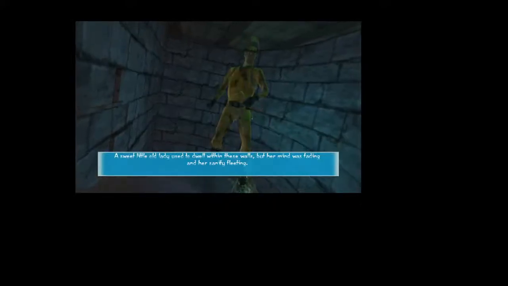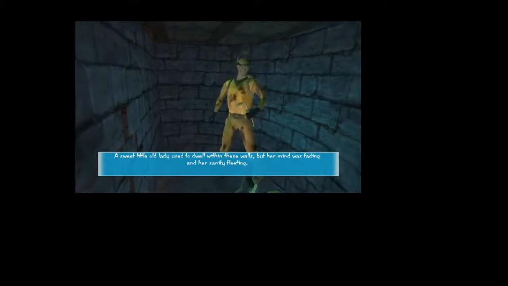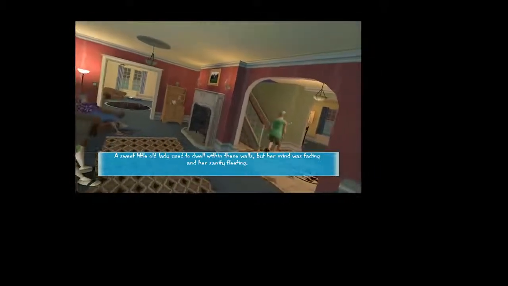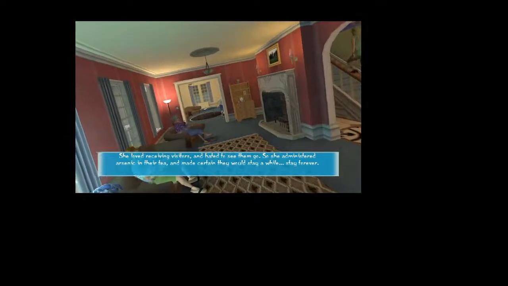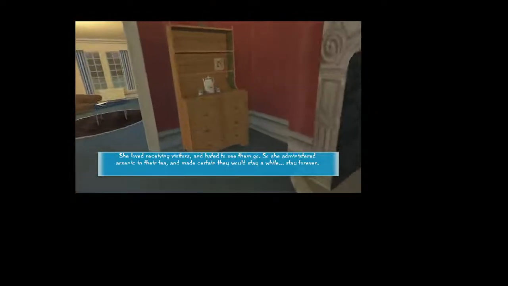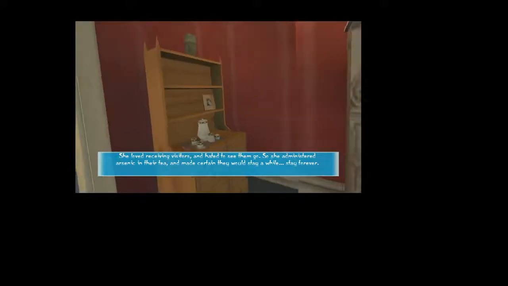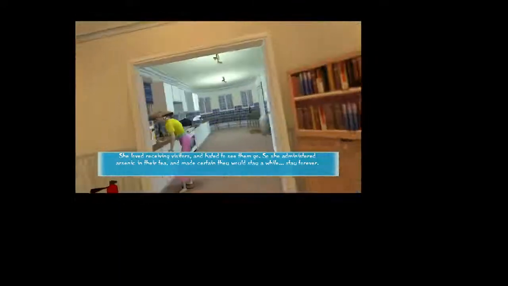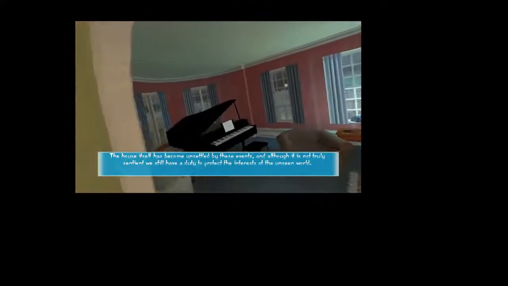A sweet little old lady used to dwell within these walls, but her mind was fading, and her sanity fleeting. She loved receiving visitors, and hated to see them go. So she administered arsenic in their tea, and made certain they would stay a while. Stay forever! The house itself has become unsettled by these events, and although it is not truly sentient, we still